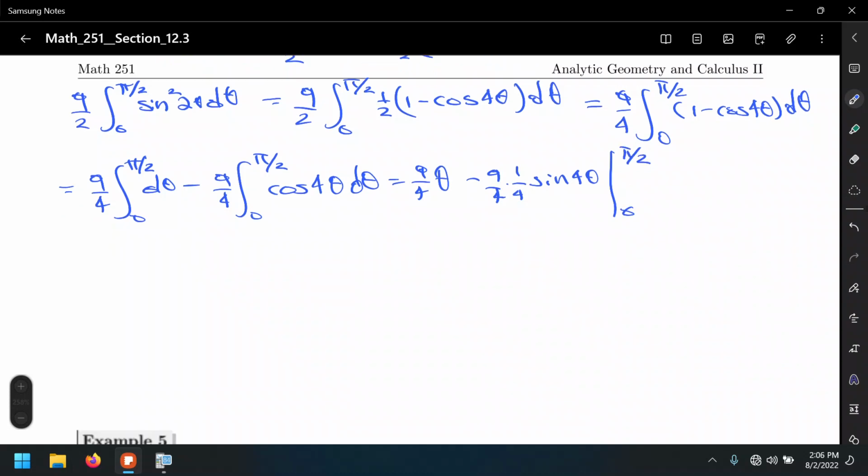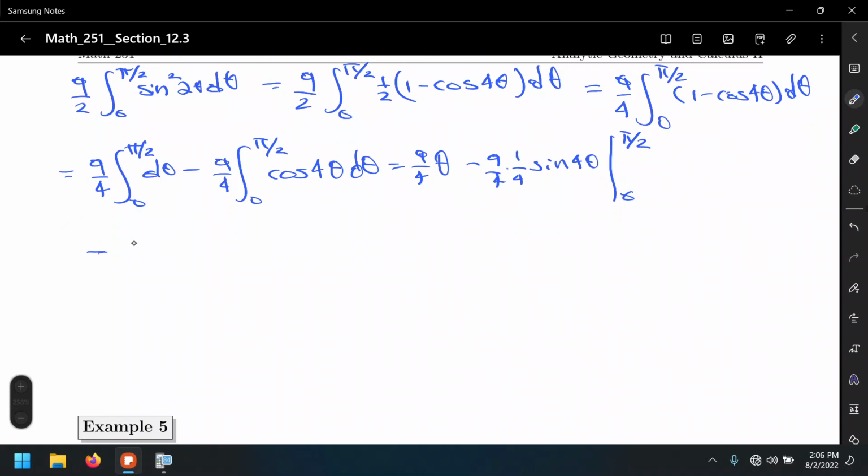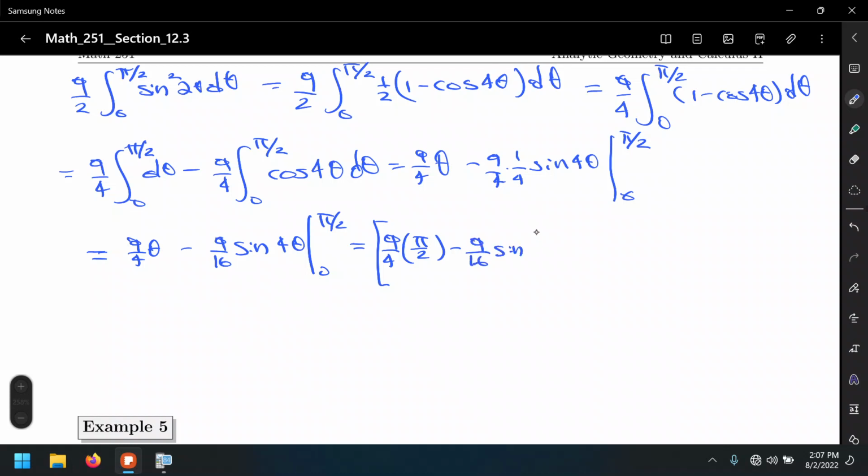All right, so that reduces first of all to 9/4 theta minus 9/16 sine 4 theta from 0 to pi over 2. So f of upper limit minus f of lower limit. That's basically the fundamental theorem of calculus. So 9/4 pi over 2 minus 9/16 sine of 4 times pi over 2